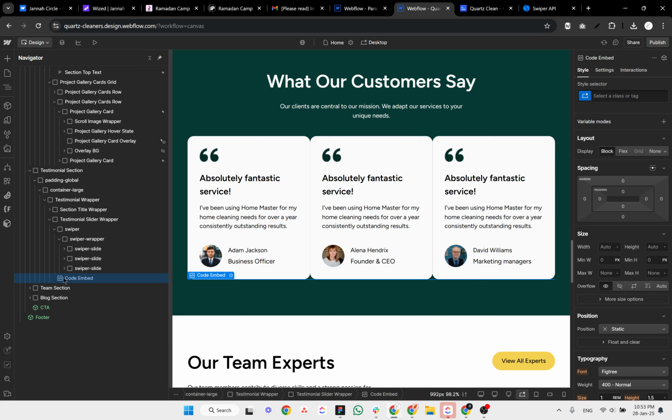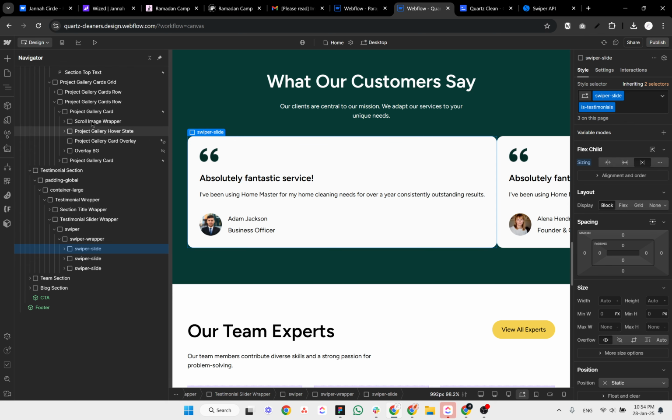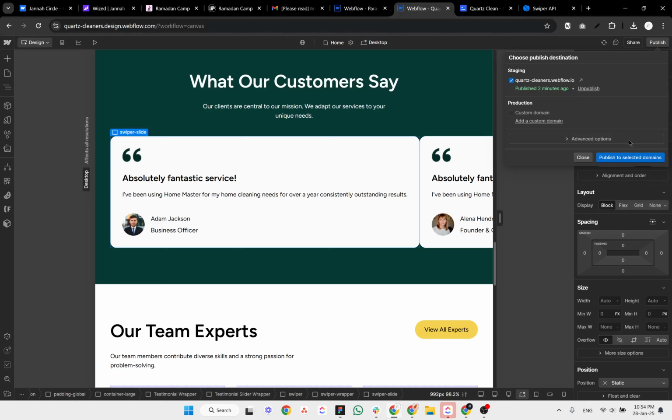Let's also remove this code embed. We do not need that one as well. The next thing is, let's make the sizing don't shrink and grow, right? And now publish this slider again,